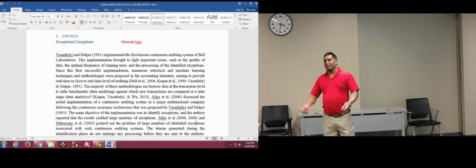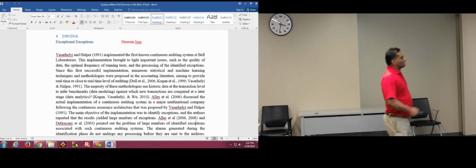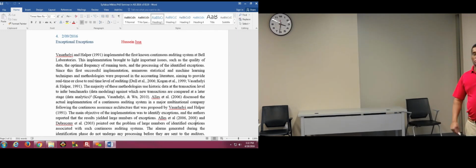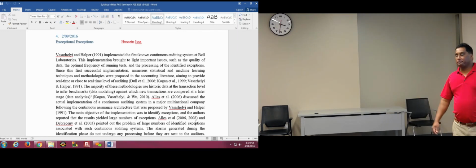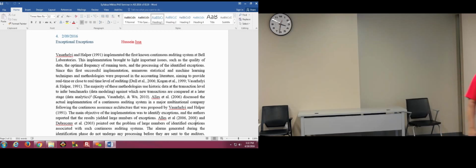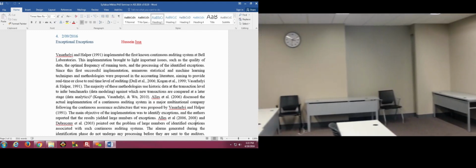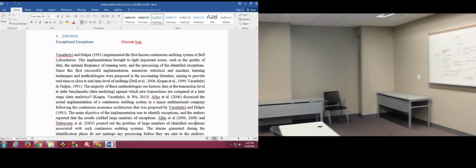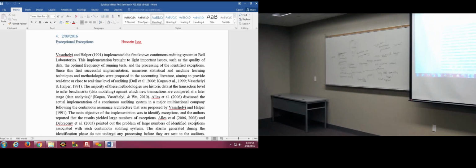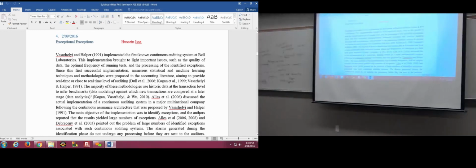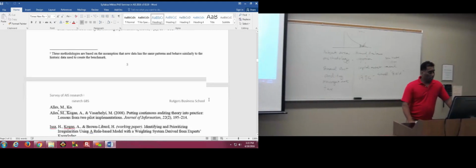Nonetheless, a lot of work takes place in this area, trying to find these exceptional exceptions through a variety of different means, like Hussein's weighting method, and Alex's, who uses belief functions, the Dempster-Shafer stuff that he talked about, and so on. But as far as I'm concerned, none of them really proves that it works. If you have any questions, please ask as you go along.